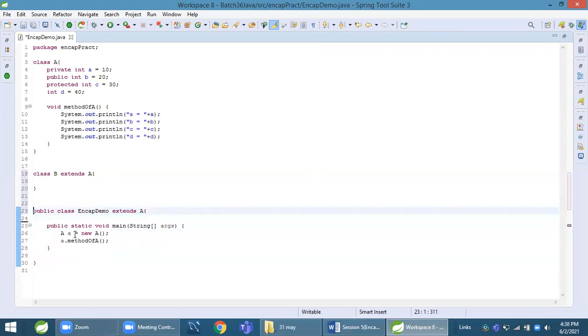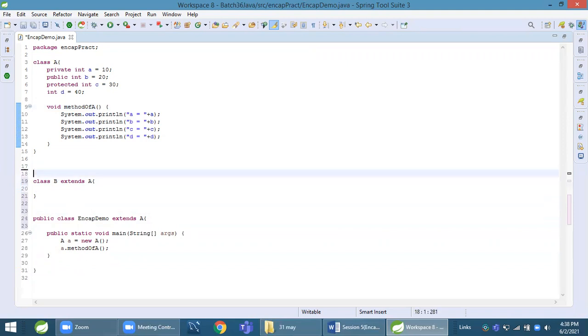Now we will see whether this method is accessible in subclass or not. This is subclass. I create a method called method of.